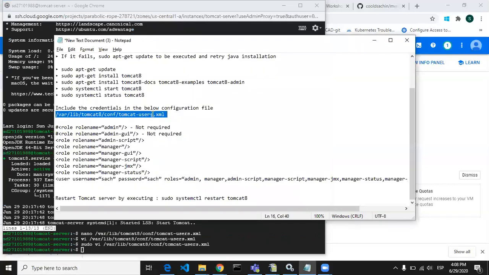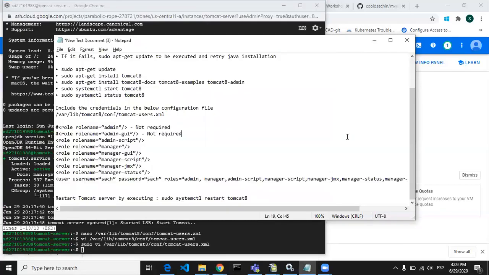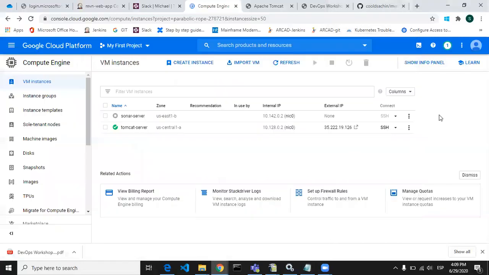After editing this XML file, you have to restart your Tomcat using sudo systemctl restart tomcat8. Guys, I will add all these commands in the description box, so you can check from there and execute all these commands step by step. So your Tomcat will be installed. Okay.